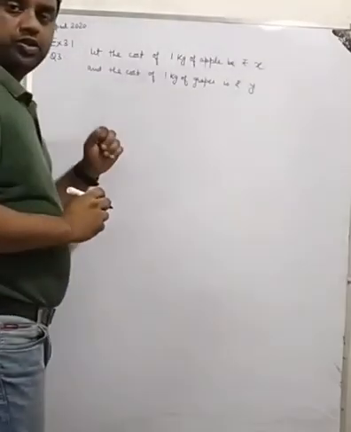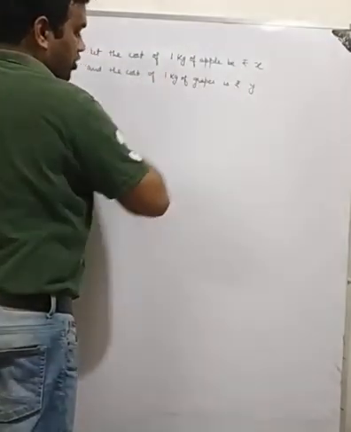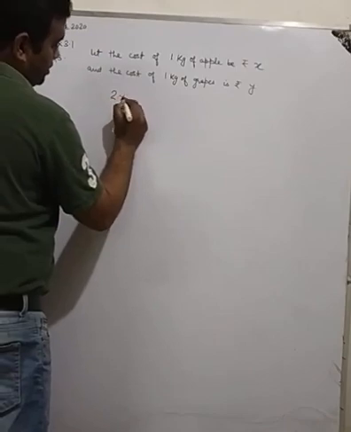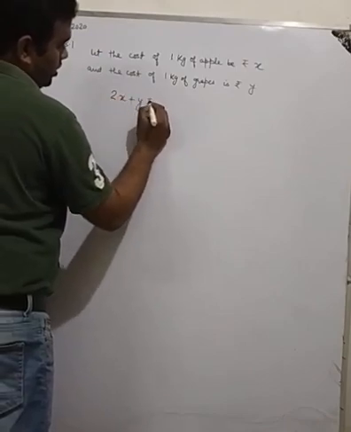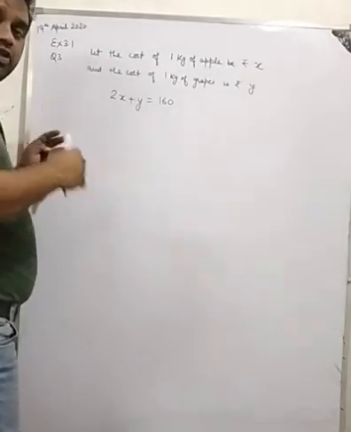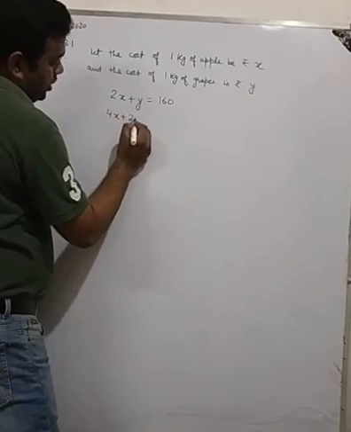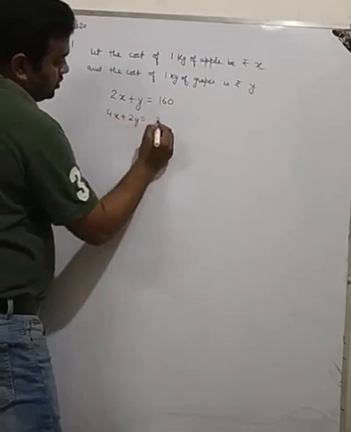So according to the question, 2 kg of apples and 1 kg of grapes, that is 2x plus y is equal to 160, and later on after a month, 4 kg of apples and 2 kg of grapes, rupees